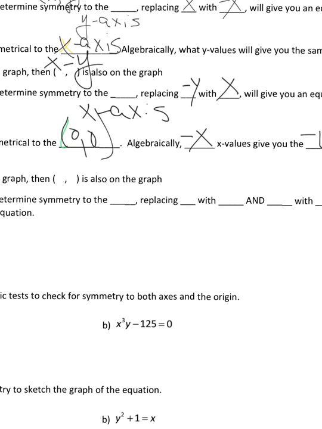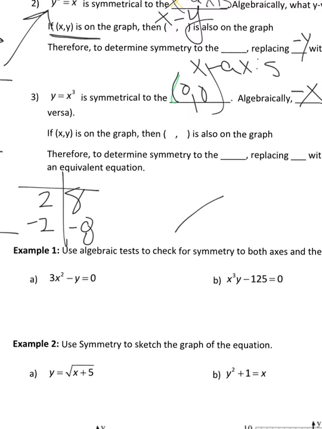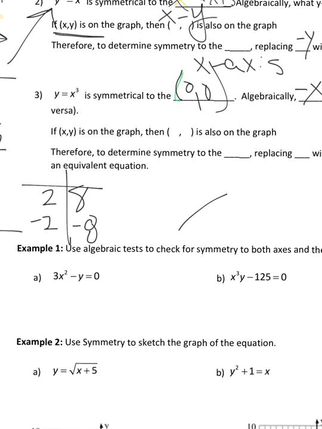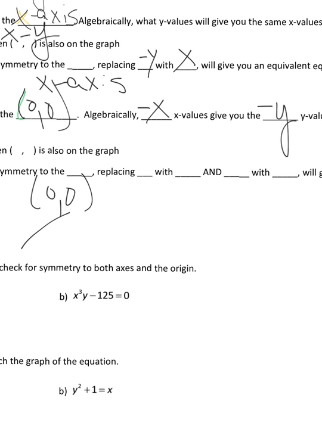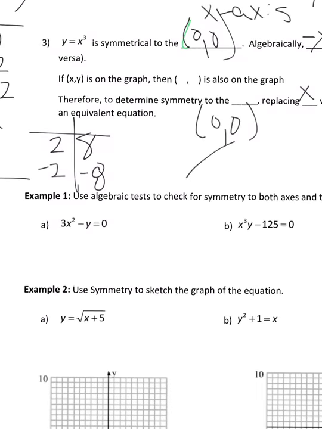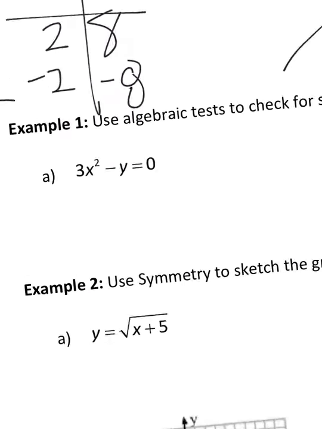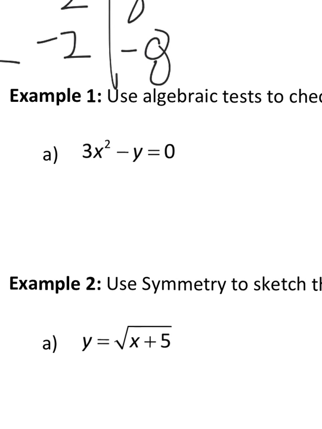Therefore, to determine the symmetry to the origin, we are replacing x with -x and y with -y to give you an equivalent equation. So what does that look like algebraically? So if I look at here, I'm going to do my first test by plugging in -x